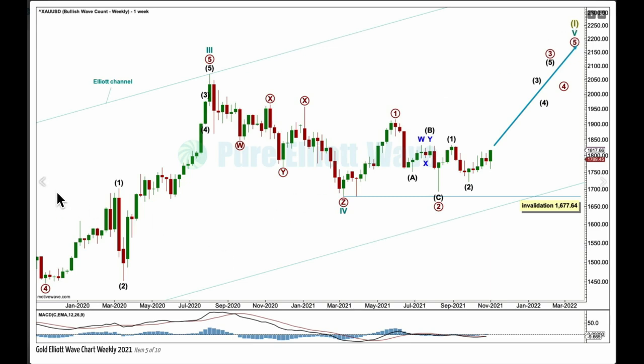Within it, cycle 1 and 2 are complete off to the left of the chart. Here's the end of 3. 4 could be over here as a triple zigzag, and 5 may have begun, with primary 1 and 2 complete and primary 3 beginning, with intermediate 1 and 2 complete and intermediate 3 beginning. This is now a very bullish wave count. Within cycle 5, primary 2, if it's continuing sideways, may not move beyond the start of 1 below